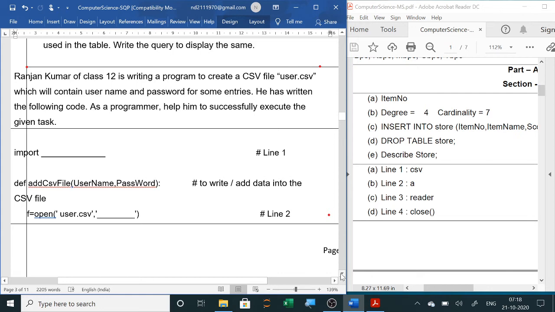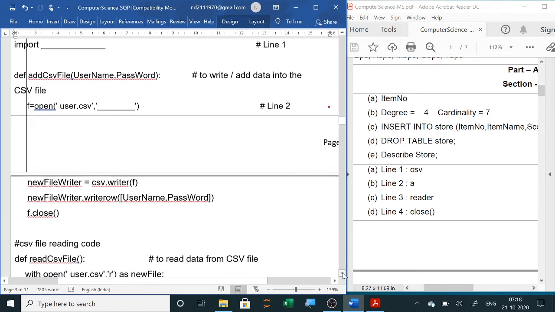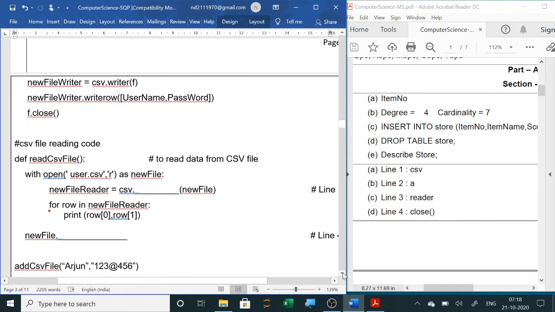Now the third fill in the blank will be, so the writer function is over. Now for reading the file, we all know that csv.reader is a module to read the file. So here the mode is R mode, read mode. We have opened the file. Now csv.reader, so in line 3 you will write reader.